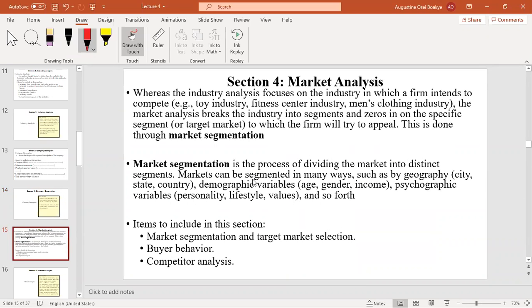Then the market analysis. Unlike the industry analysis, which focuses on the industry in which a firm intends to compete, the market analysis fractionalizes this industry into segments and further zeroes in on a specific segment in which the firm thinks they have a competitive advantage. In other words, when you think about the bigger picture and you identify a particular industry that you want to go into,